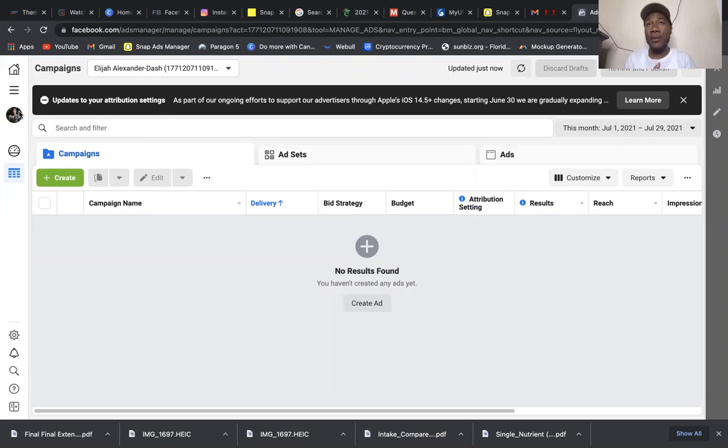And this is kind of the same on every platform. Snapchat Ads Manager is basically the same way. But you're going to get 3 sections of ads. So the first section is going to be campaigns. Campaigns is what's going to hold your ad sets and your ads. So campaigns is basically like a box. It's going to be holding this set of ads for this particular thing.